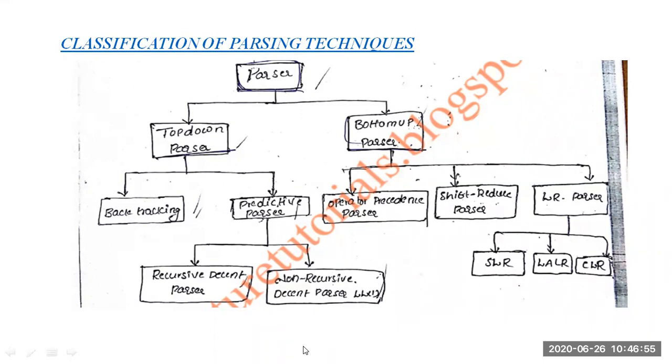The solution for that issue is either you have to go for a top-down parser or you have to go for a bottom-up parser. Clear? What does top-down approach mean? Already we know derivations and parse trees. If we start the derivation from the root node and end with the leaf nodes, it is called top-down parsing. If you start the parse tree with the root node and you end the parse tree construction with leaf nodes, it is called top-down parsing.